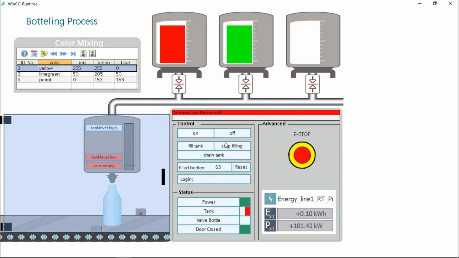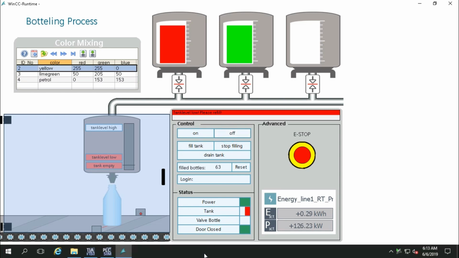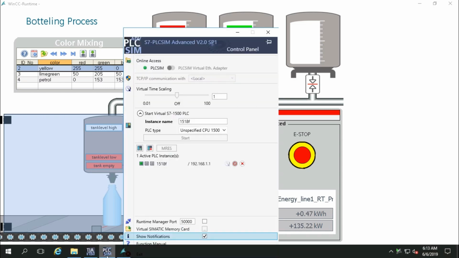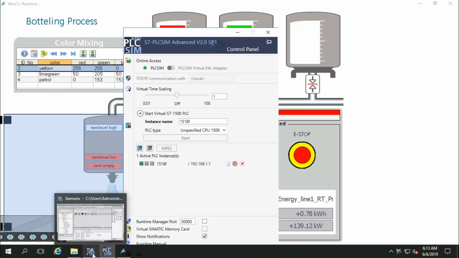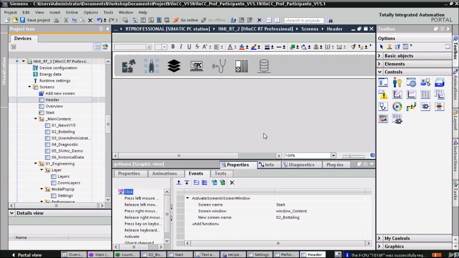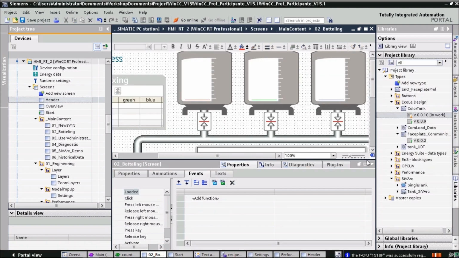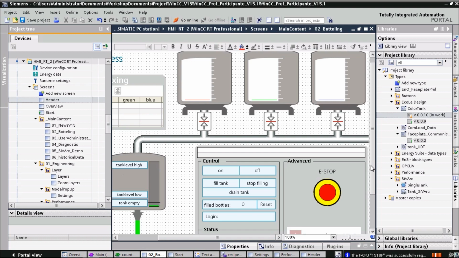So what you do have in your project, when we switch to TLA folder again, and we switch to our bottling screen, we have in our library under master copies now, because it's not a type, the screens have to be or can only be master copies. So we switch to our efficient engineering folder, and we see a